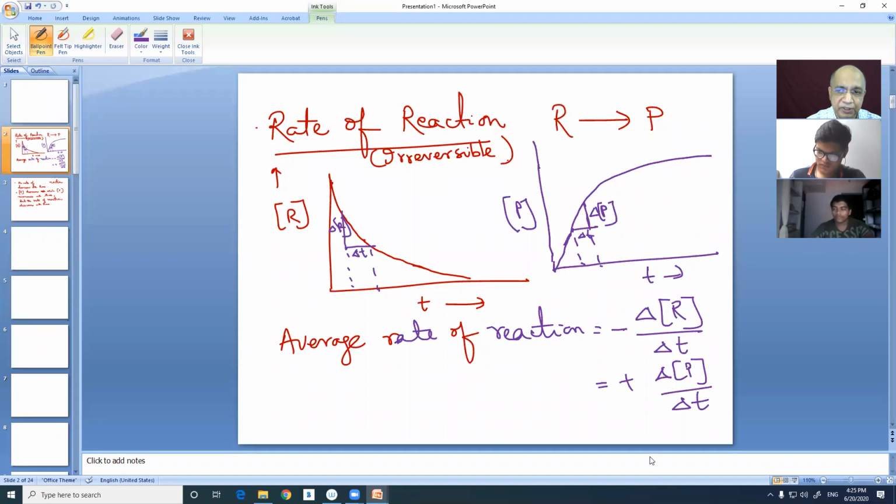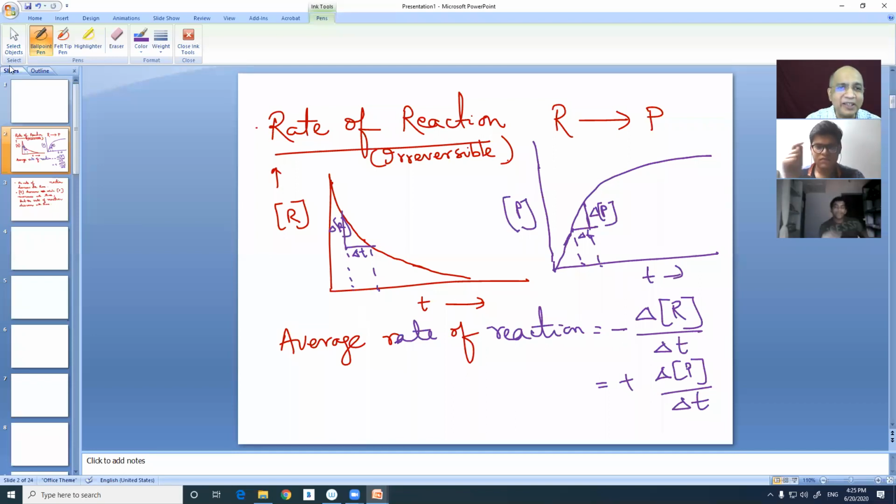But interestingly, the two values are same. If you are following the same reaction and you select the same time interval, then whatever numerical value of this ratio you get, same will be the other case. Answer will be same. Therefore, the negative sign is there while you express rate, average rate in terms of a reactant concentration. I think I'm clear. Am I?